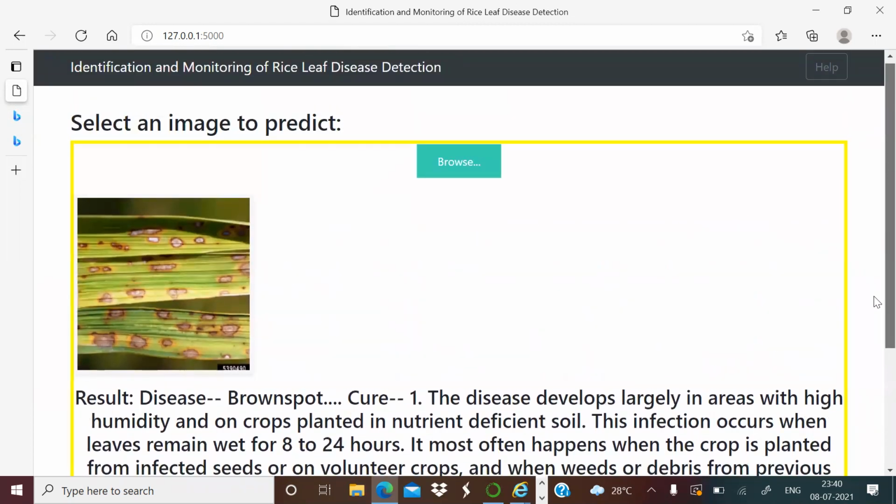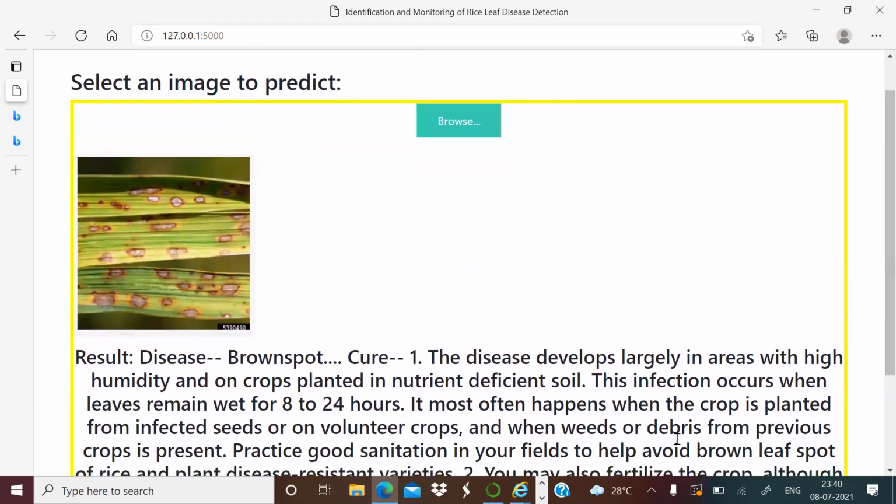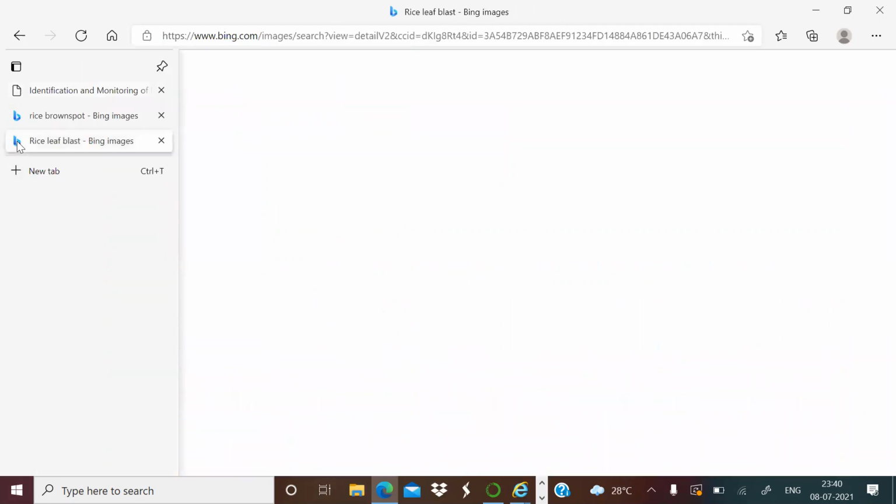This shows that our model is trained perfectly. Now let's test for one more disease.